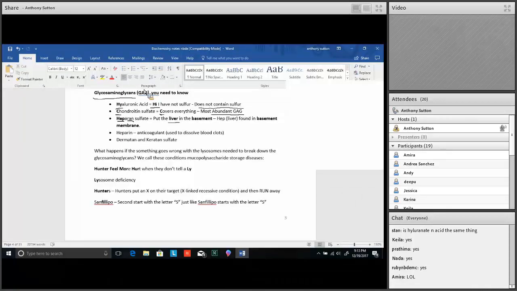So what I would do is when she turned, I would put the liver away, and when I had a chance, I would run. I ran down to the basement, right? And I hid the liver in the basement. Now, that means that heparan is the major glycosaminoglycan that we find in the basement membrane. So in your basement membranes, you're typically going to find more heparan sulfate. Does everybody understand that one? Everybody got it? Okay, perfect.